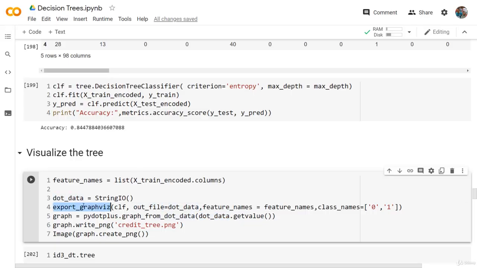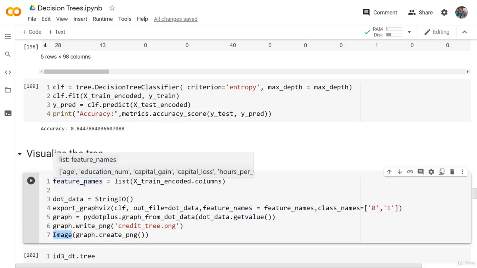So export_graphviz will export a dot data object, which is a StringIO. And then from there we have a function called getvalue, which will return the dot data. Here we are converting this dot data value into a graph. It's very similar to converting the dictionary we had before into a graph. Inside this graph we have a function called write_png, so we can save this graph, not only visualize it. And from IPython.display, if you remember, we imported Image in order to visualize the graph here. Okay, so if we run this,